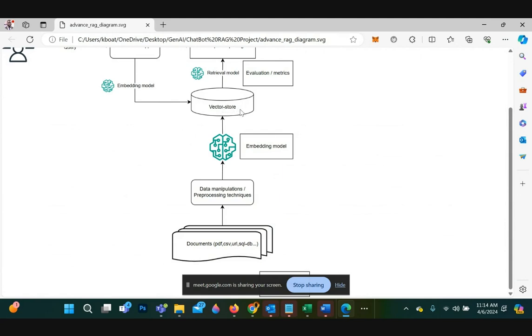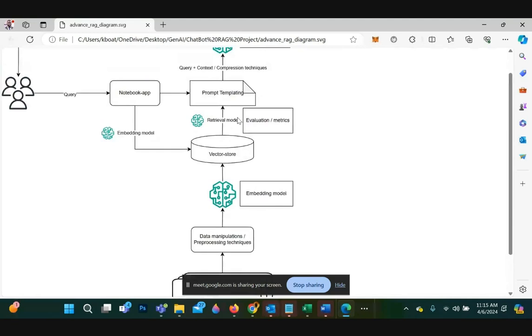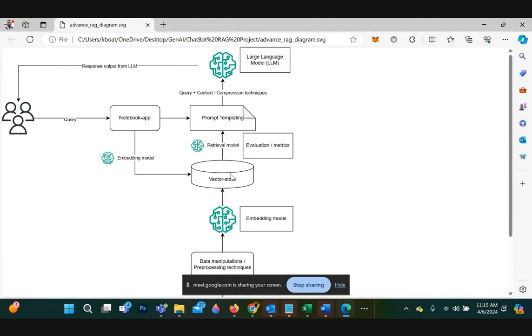In our case, we will be using FAISS. It's a Python library used for storing vectors in memory. So now we have the data ingested, sitting in the vector store. And what happens is when a user sends a query, right?